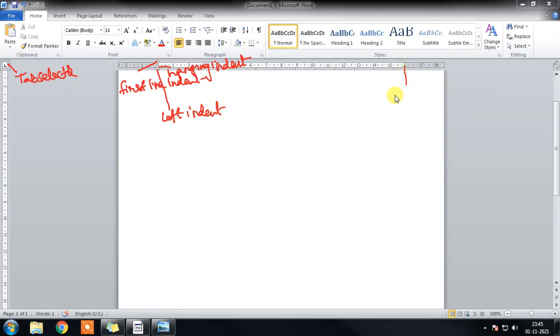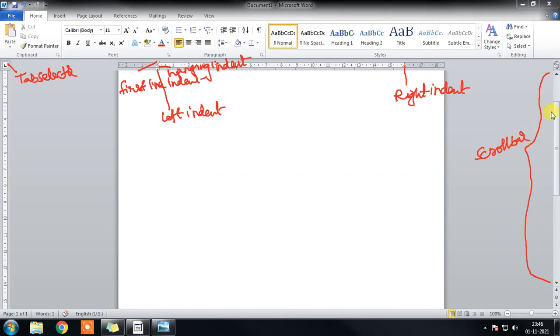And towards the right side, this entire section from here to here is called the scroll bar, and this box is called the scroll box.